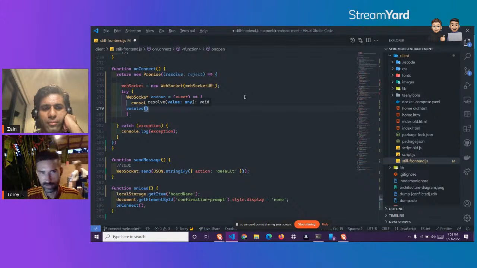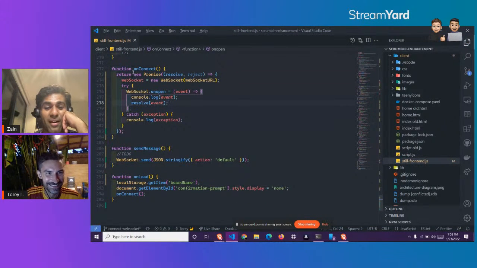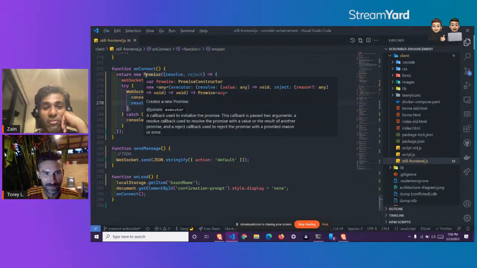Do you ever use these? No. Okay. After this is done, you'll probably have to explain a little bit of it to me. This is how you make a promise in JavaScript. So if you ever want to make code asynchronous, then this is how you do it.